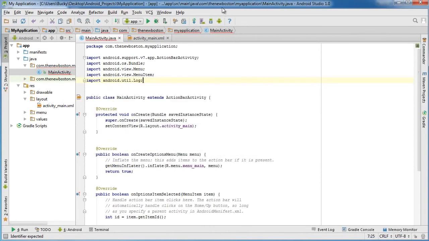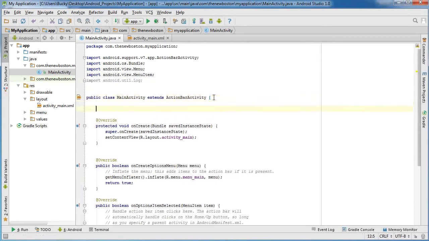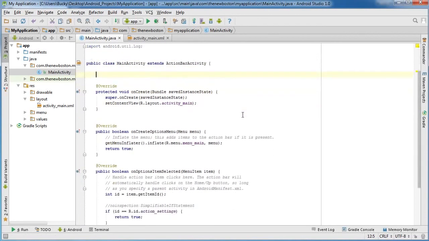Alright, so if you go to android.util.Log, this is pretty much a package that lets us print out log information. And all we're going to do is print out something on the bottom of the screen that says like your activity is being created or something. So that's all we're doing. Alright, so once we have that imported, go above all your methods, and we're going to make a new, let me scroll down here. We're going to make a new private static